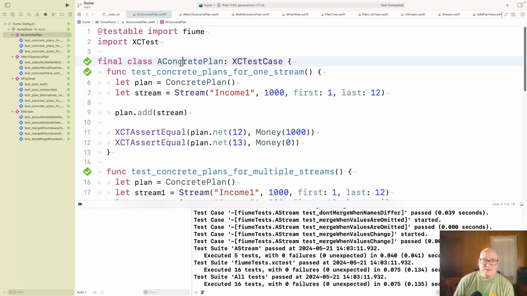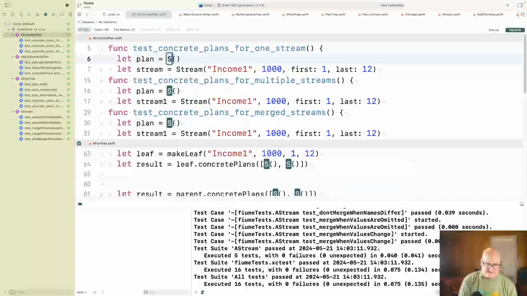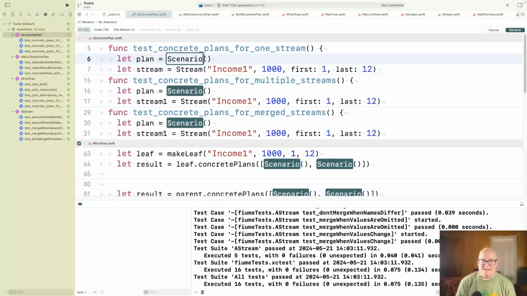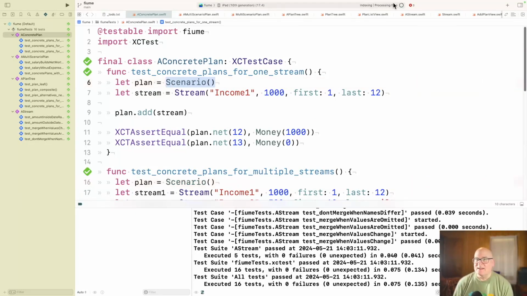All right, so let's start with this concrete plan. I'm saying it should be a scenario, and I think that's exactly the right term if I can spell it. Okay, so a scenario where you've taken Social Security and you've done this and you've done that.